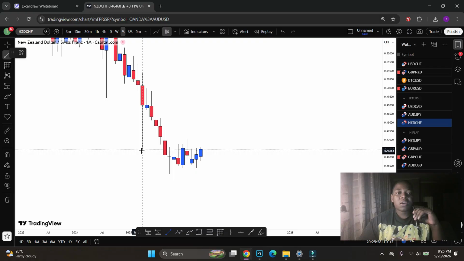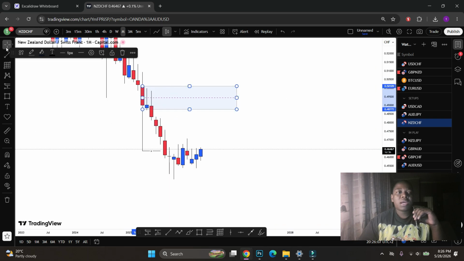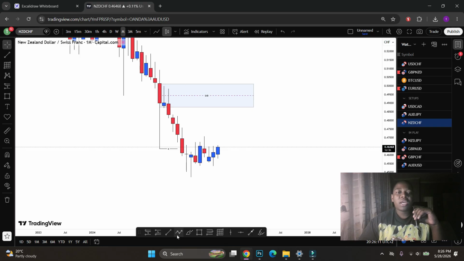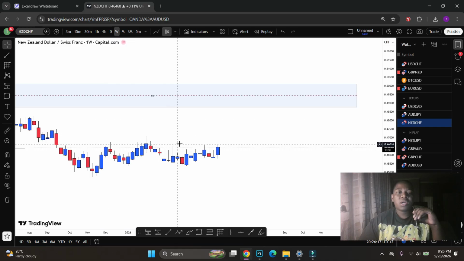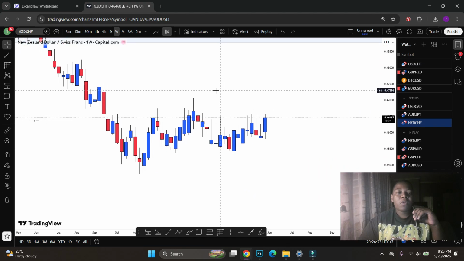So I'm going to mark this out as my break and as my supply zone there, supply and demand. So now I know direction on where the monthly time frame wants to go. Drop down to the weekly time frame. Now we're going to look for what? A change in order flow to take us there. And as you can see on the weekly time frame,